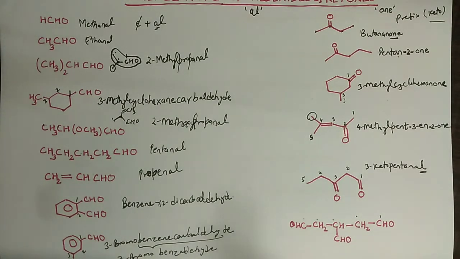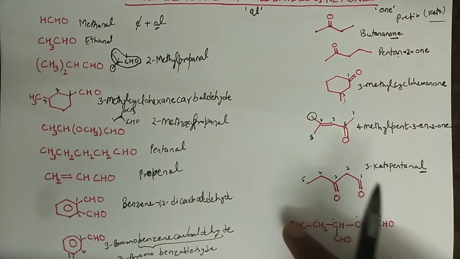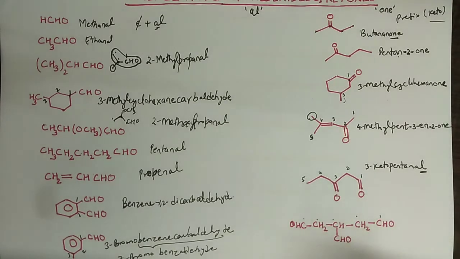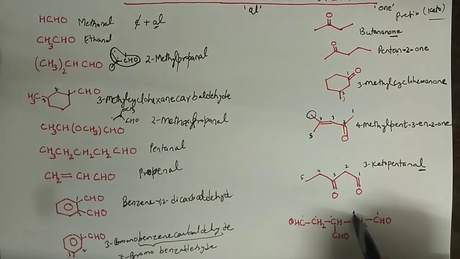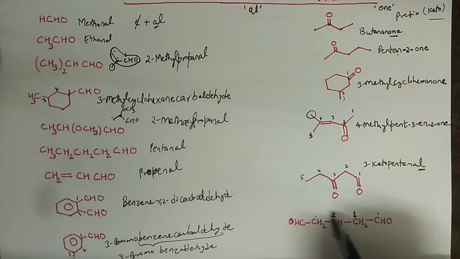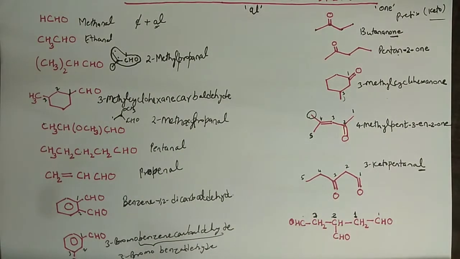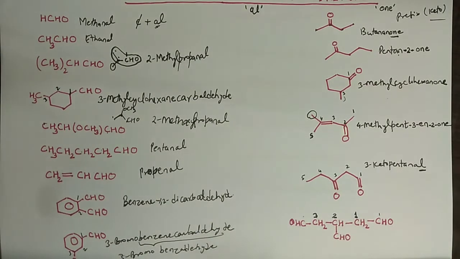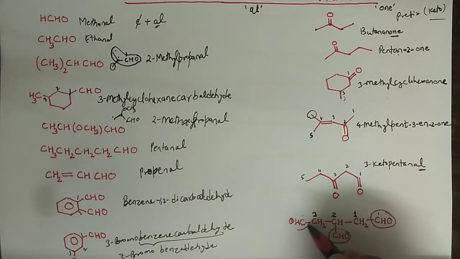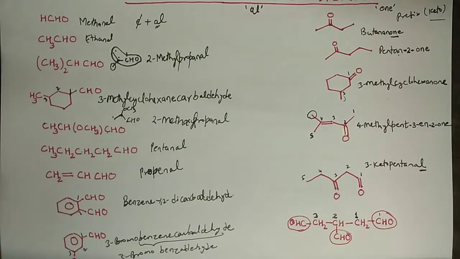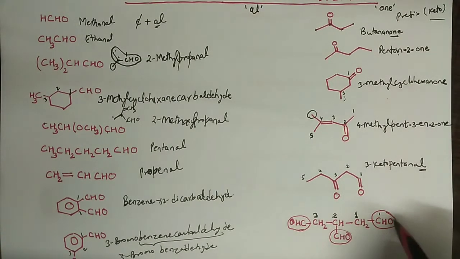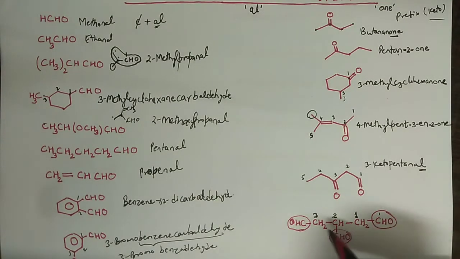So what should be the correct way? The correct way is that we have to give all 3 groups the same situation. And here is the idea. Suppose I number this carbon as 1, this carbon as 2 and this carbon as 3. So this will be propane. And now you can notice that this group is attached to the first carbon, this is attached to the second carbon, and this is attached to the third carbon. So now these groups are in the same situation, meaning everyone is attached to some carbon, right?